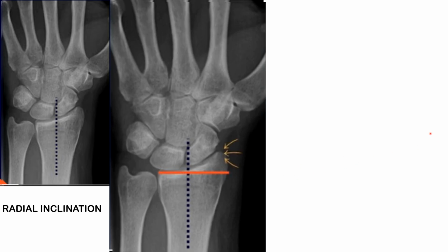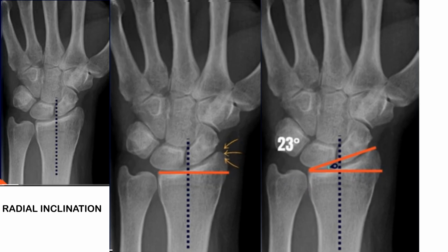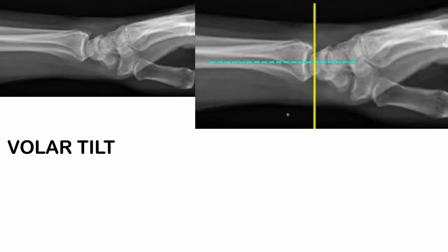reference point, and then again draw a line connecting the central reference point and the radial styloid like this. So we get an angle here which we call the radial inclination, and this angle is somewhere between 23 degrees. Now for volar tilt, this angle is calculated in the lateral view, and for that we will draw the long axis of the radius and we'll draw a perpendicular touching the dorsal tip